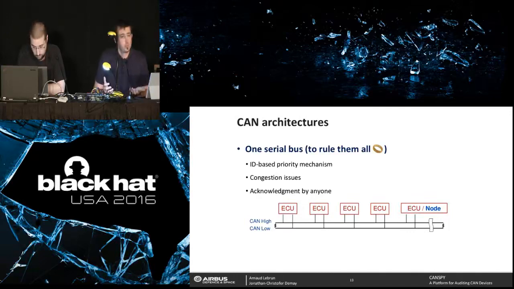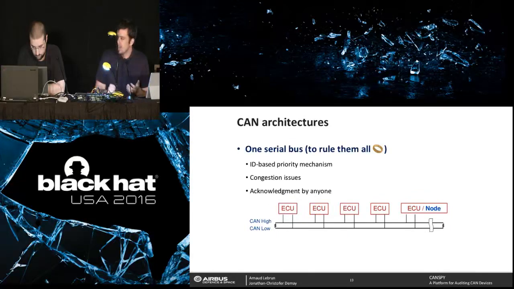They are all connected to the same bus. The priority mechanism is quite important. When several ECUs are sending a packet at the same time, the priority is managed by the ID. So the lowest ID has the higher priority. So if two are talking at the same time, the one with the lowest ID will be sent and not